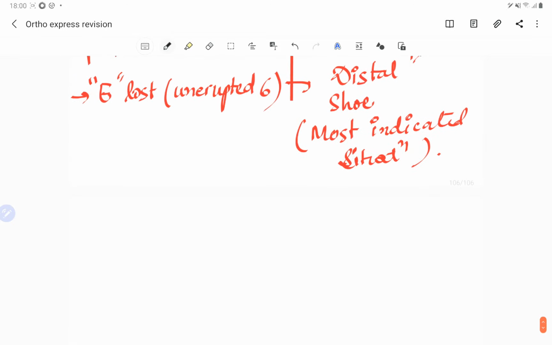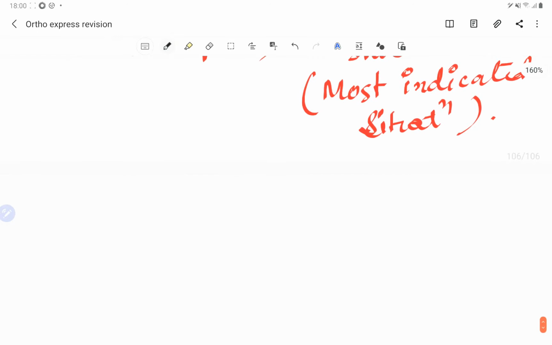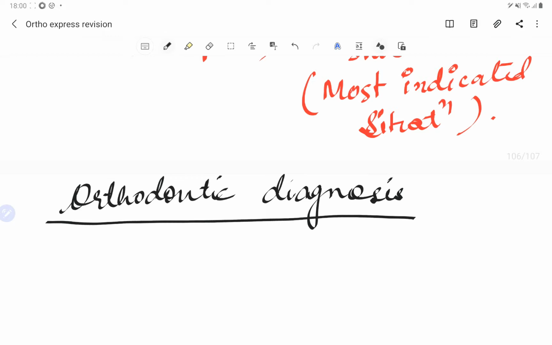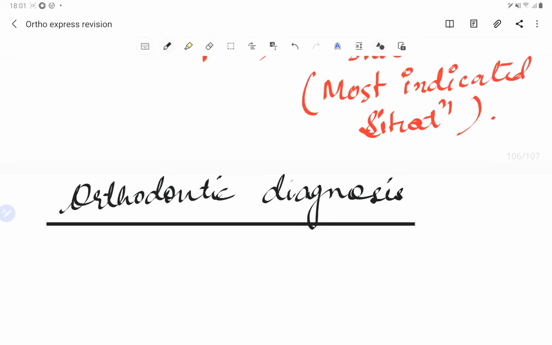So guys, talking about starting with the orthodontic diagnosis today. First of all, before starting any treatment, the very first thing we do is take a case history, and then we diagnose, and accordingly we plan the treatment, right? We don't see that this is a crowding case and then start off the treatment, right? We have certain procedures which are to be carried out in a certain way. For that, we have a systematic approach.